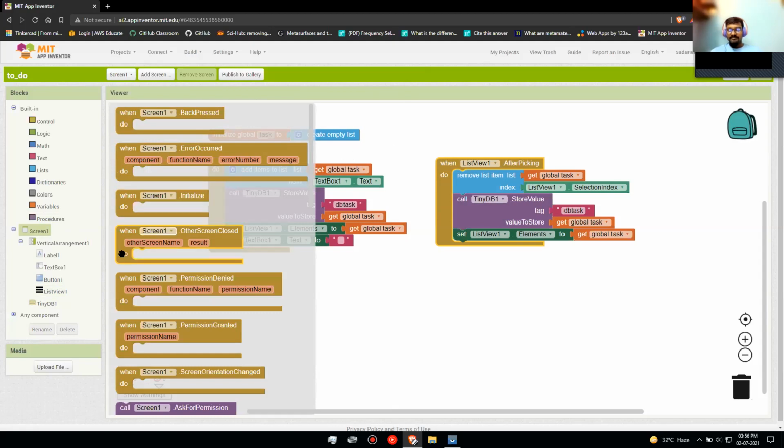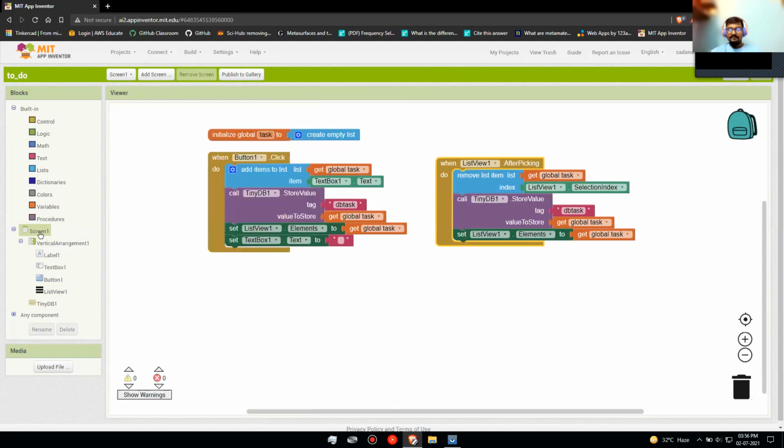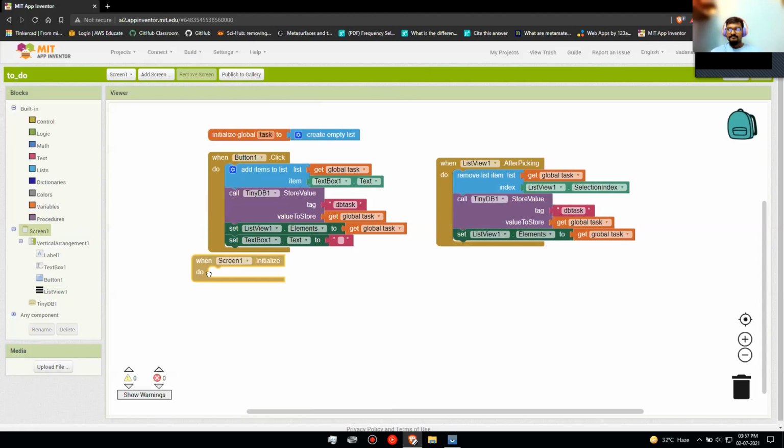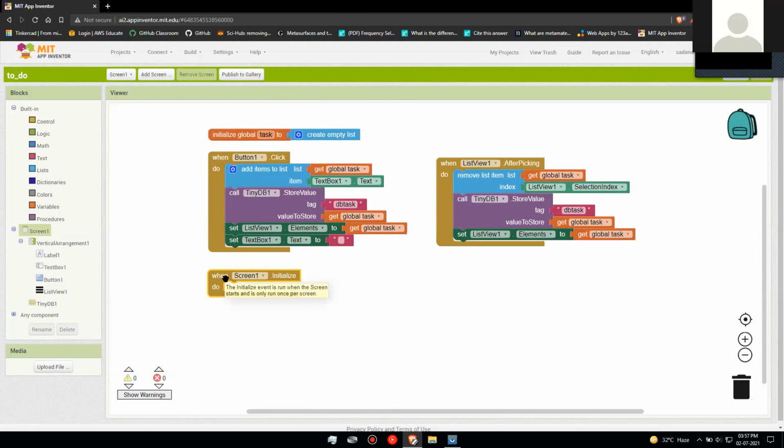So to do that, go under screen and drag in screen1 dot initialize. Screen1 dot initialize, yes.